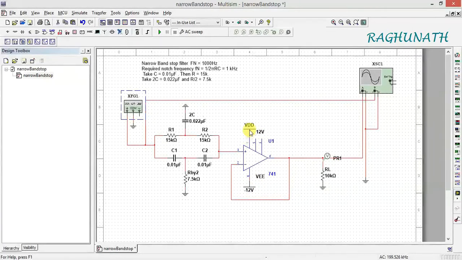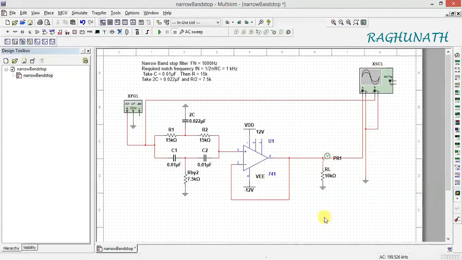Pin 7 is connected to the plus 12 VDD. Pin 4 is connected to the VEE, whose value is minus 12 volts. And from the function generator, you give the input to this point. To plot the graph, here we are using a different method. Instead of the Bode plotter, we can use a CRO also. You can see here, CRO is connected. First channel is connected to the output, and channel B is connected to the input. I'll show both, with the Bode plotter and with the signal generator.